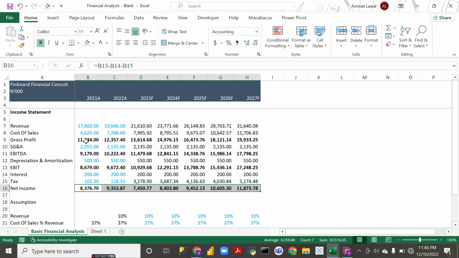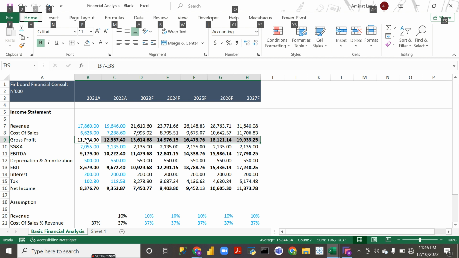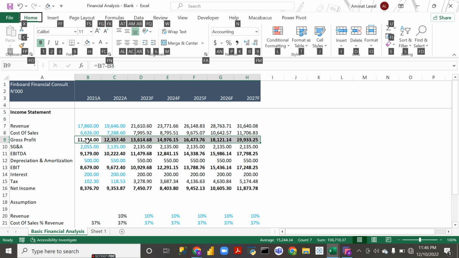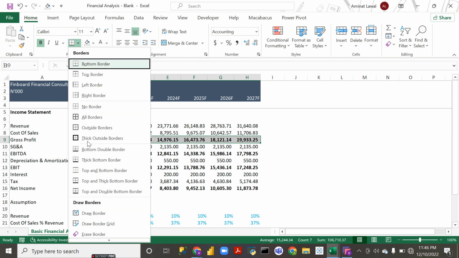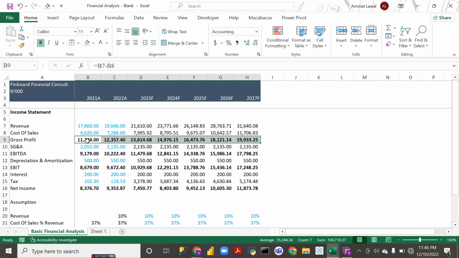Then let's apply our border. You highlight, Ctrl+Shift+Down Arrow, Alt H, that is on the tab, border is B, top border is P. Here same thing, Ctrl+Shift+Down Arrow, H,